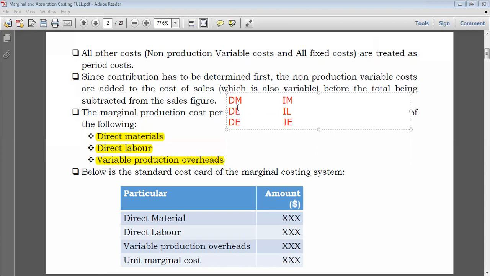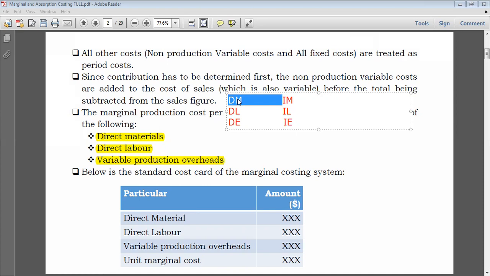Now, you can also ask yourself one thing. We just said you're going to value inventory using variable cost. But look here at this pro forma. We have said direct material, direct labor, and variable overheads. Why? This is just direct cost, not variable cost. The normal presumption is direct materials are presumed to be variable unless told otherwise,